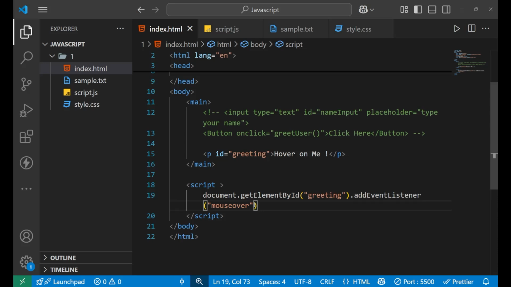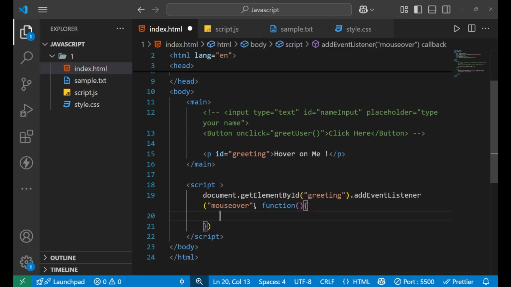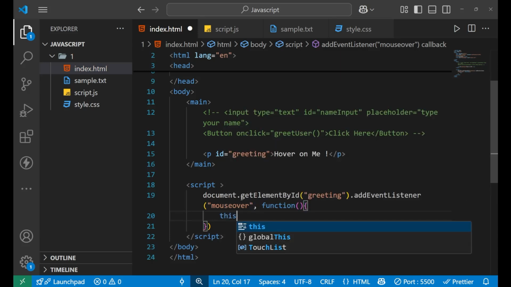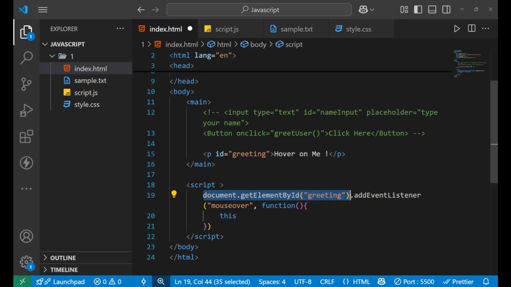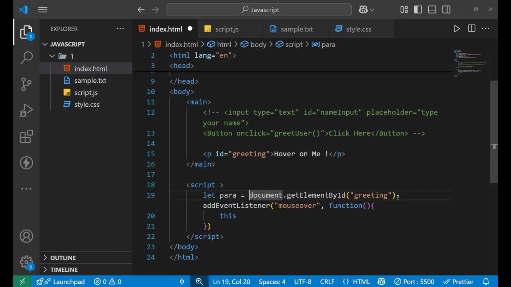Now we will put a comma here, and then we write the function. Inside the function we will write the logic which we want to perform. So we will write the function and then a curly bracket. Inside of this we can write document.getElementById. Or either you do this, or you can store it inside a variable, like let para equals to this. Either you write it in this way, or you can just simply remove this,